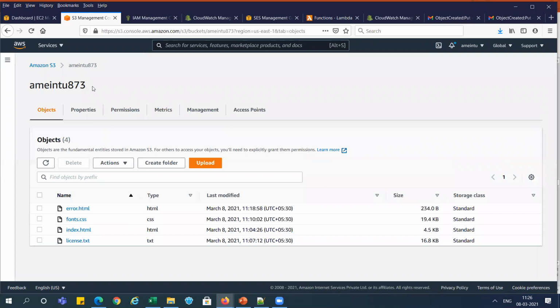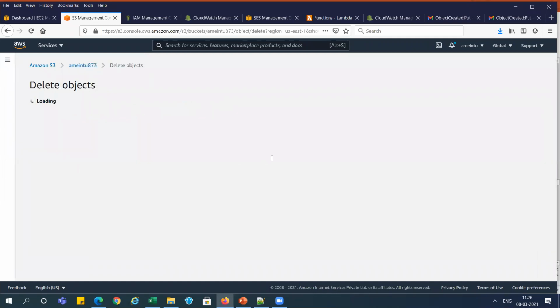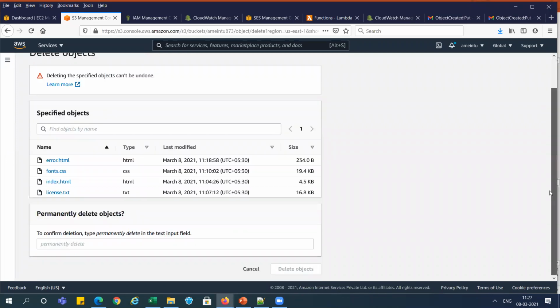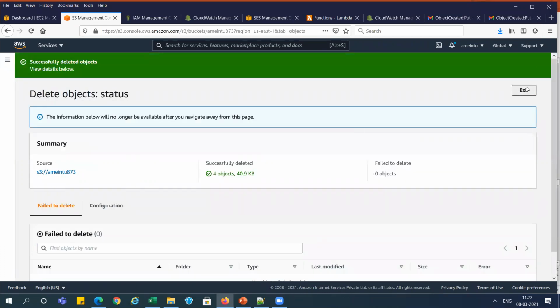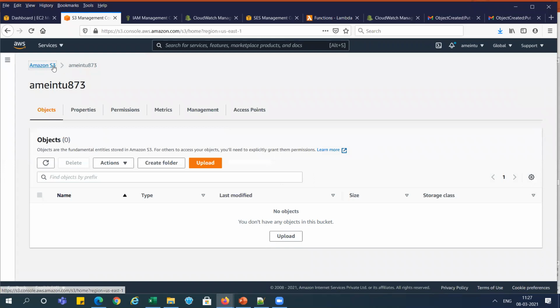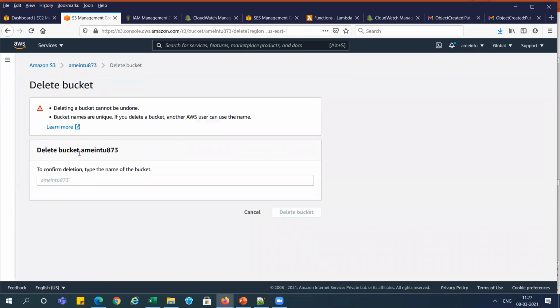So first let's delete this S3 bucket, right? We can do one thing: select all 4 files and delete them first, so we can clean things up. It is deleted, right? So we'll go to S3, select the bucket, and directly delete it.